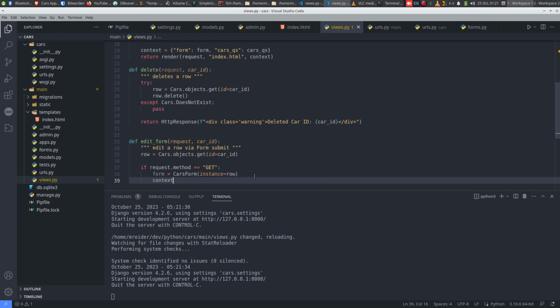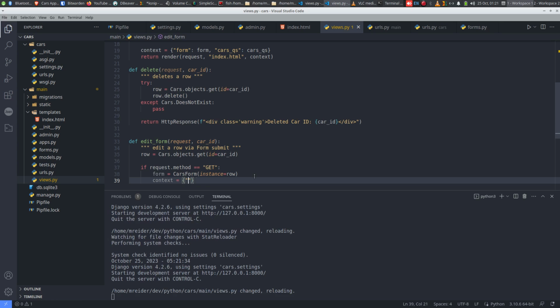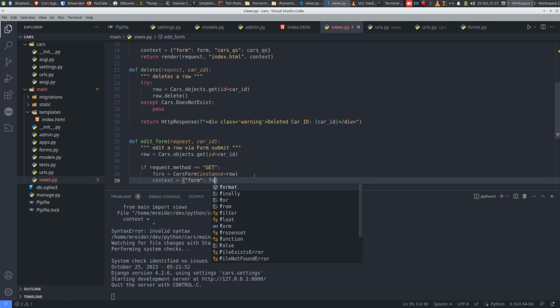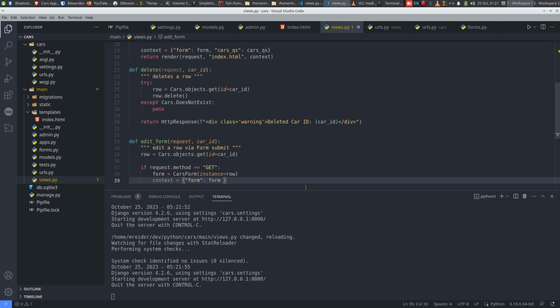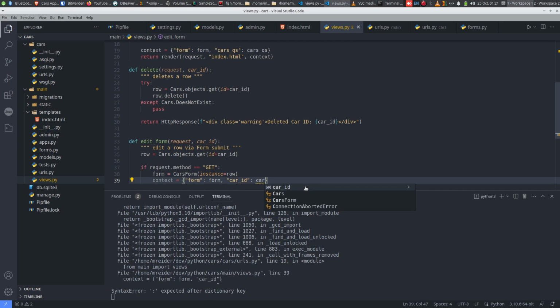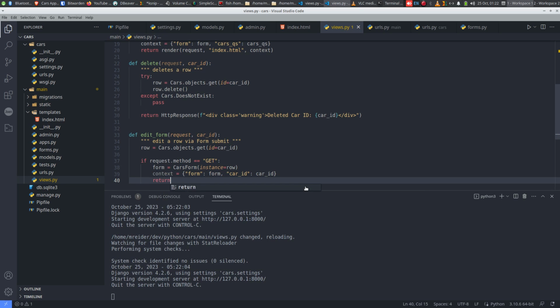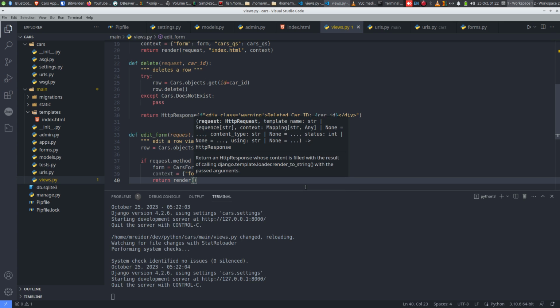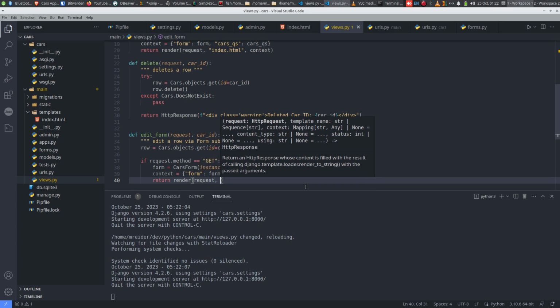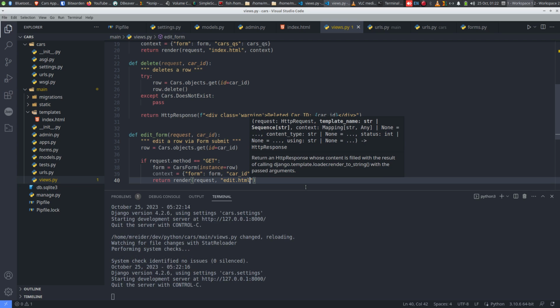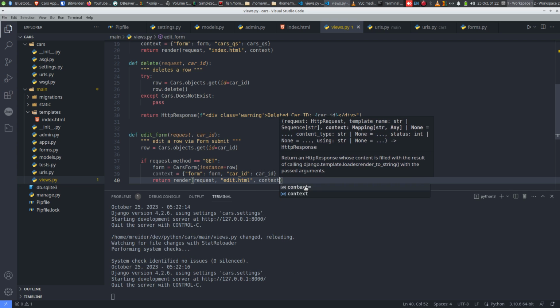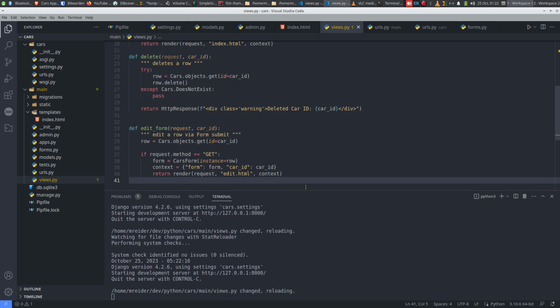I'm going to say context equals form, which is our CarsForm, and also car_id equals car_id. That's our context, and then we're going to return render. We're going to render our HTML. We're actually going to create a new template called edit.html, and then context. If request.method equals POST,